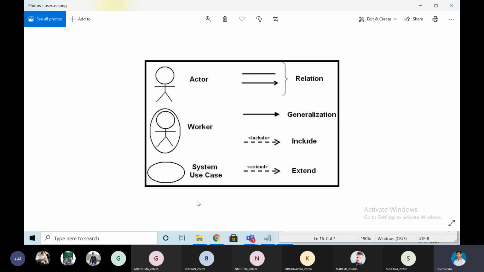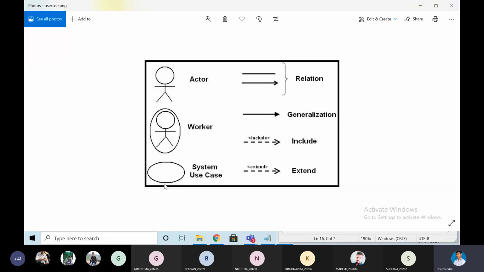Just remember the main two symbols in the use case: this ellipse, then the actor. Next, for the relationship between these two, we'll use this arrow mostly, the solid line or arrow.